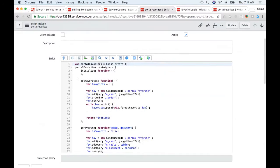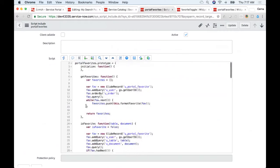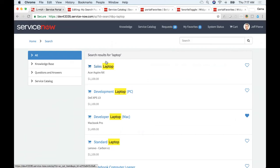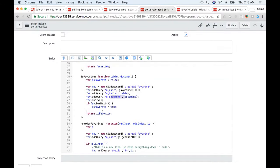All right, so you can see I have several functions in here already written. We're taking a look at this one right now, isFavorite. It gets passed the table and the document, and I'm just looking up in a custom table that I made to store all these favorites. So I'm passing the user, the table, and the document to see if, in this case, sales laptop is already a favorite. And it's just going to return true or false, depending on whether or not that's stored in